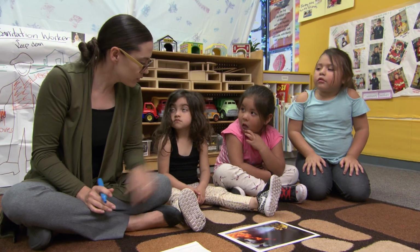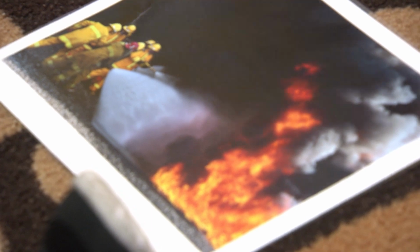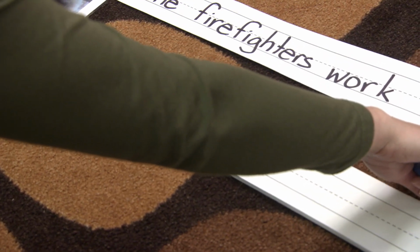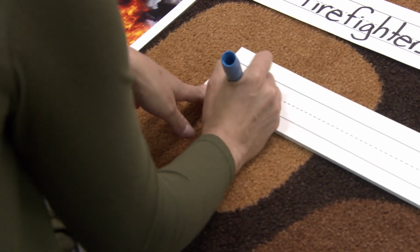What the strategy really does is it asks children to add detail. And as they're adding detail, words get added to the sentence. The sentence becomes longer and longer and longer. And they can internalize how you can structure more complex thoughts into a sentence. What did you want to tell me about the picture? What did you see? Firefighter. Yeah, what about the firefighter? Will you look at it? Hose. What? They have a hose? Okay, so the firefighters work together using a hose, okay? Let's write that together. Using